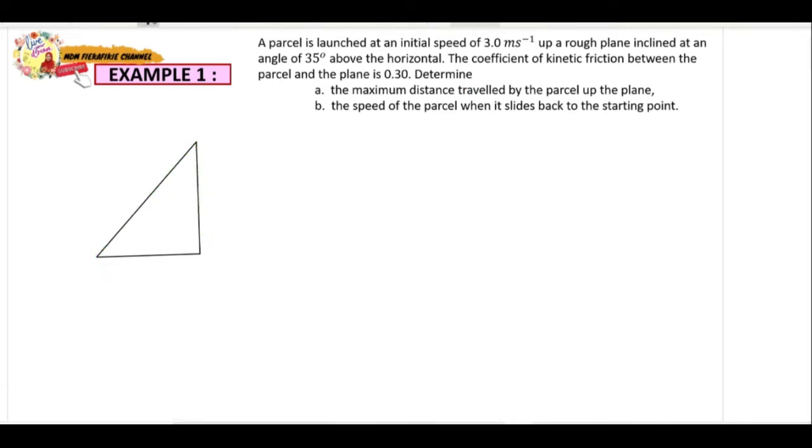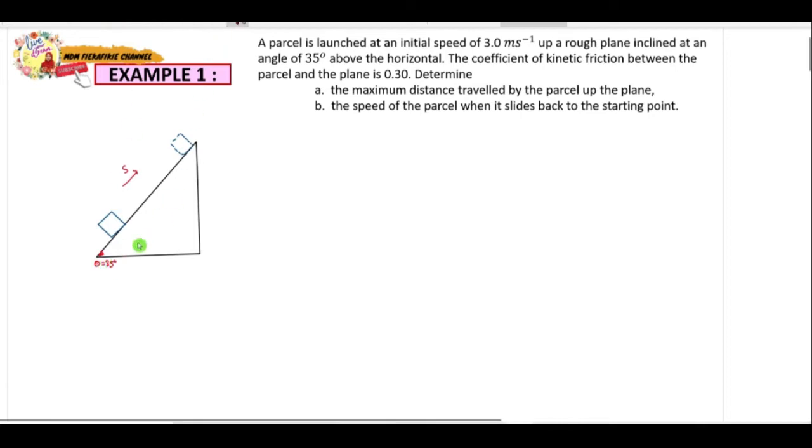Okay. And then we have a parcel. So let's say the position of the parcel is here. This is the initial position. And then the parcel will move until this position. Okay. So the direction of displacement in this direction, since the object will move up on the inclined plane. Alright, so now since this is the angle, so given that the angle theta is equal to 35 degree,